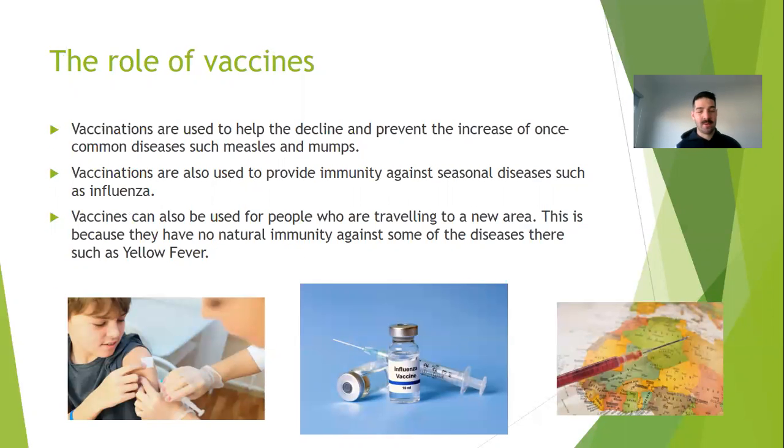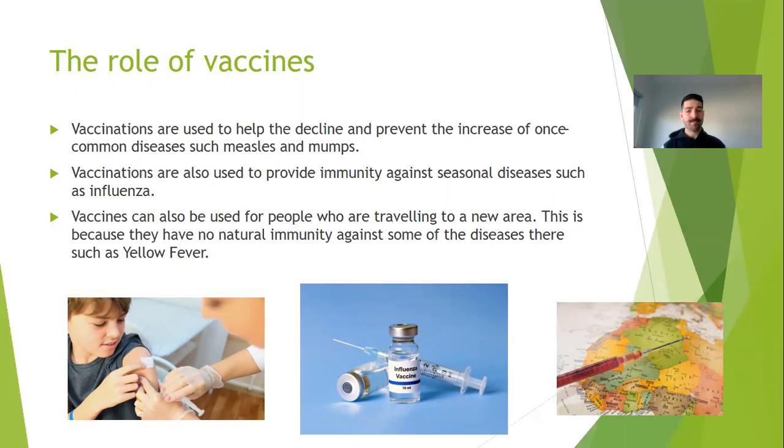So the role of vaccines: we use vaccines for a wide range of reasons. The first and most common use is to prevent the increase of once common diseases. So things like measles and mumps really don't exist in our society to a point where they are highly dangerous. However, once upon a time, those diseases would have been rampant. So using vaccines has lowered the ability for that disease to spread,